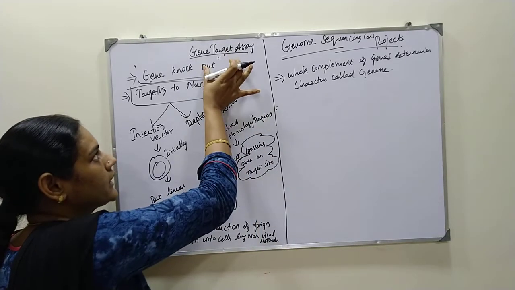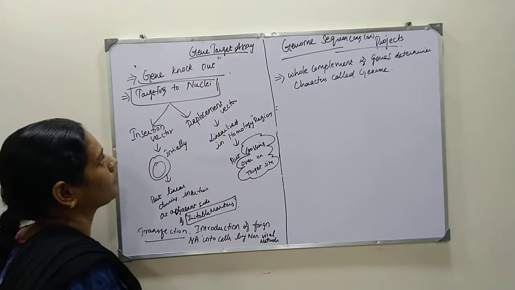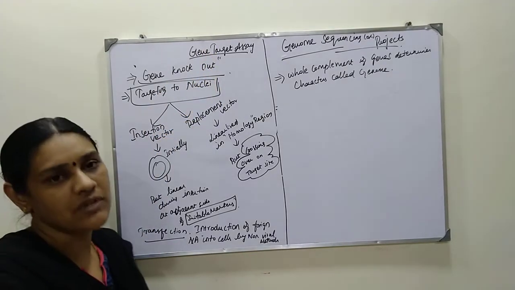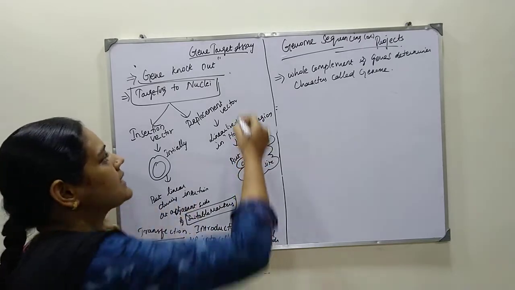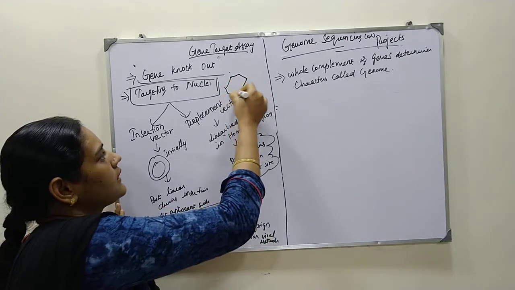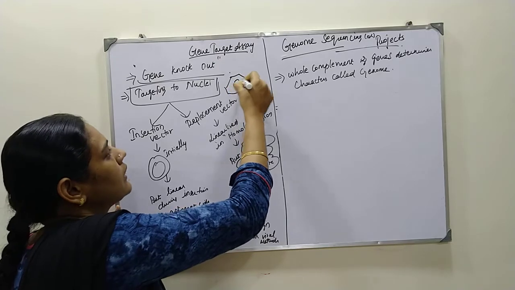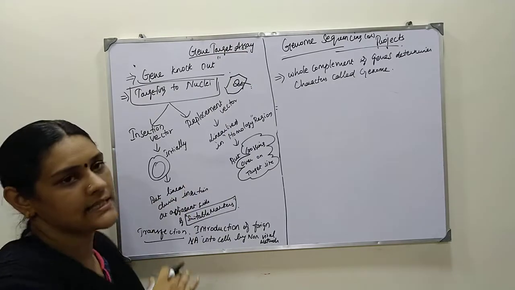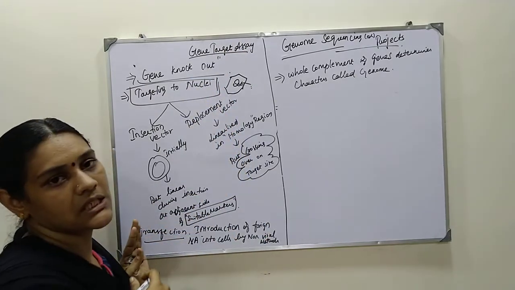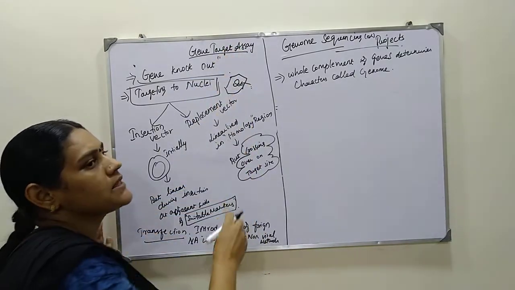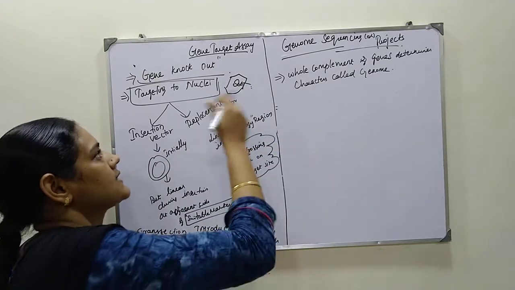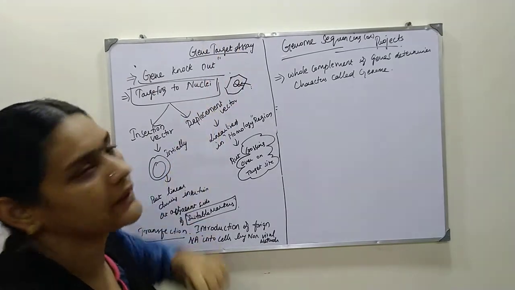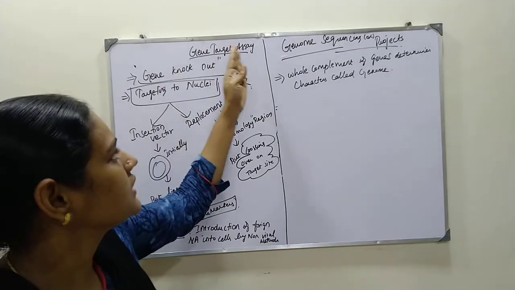In this gene target assay, it is also called gene knockout. So we are going to insert the gene into the nuclei of the cell. One plant cell is there, and this plant cell consisting of nuclei is there. In this nuclei we are going to insert some genes, which is called a gene target assay. Gene means you know that gene DNA or RNA, and target means a particular site, our desired site. Assay means analysis. This is analysis of the target place reached by the gene. So that it is called gene target assay.